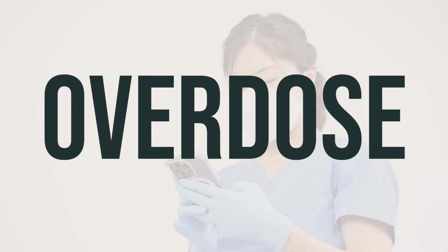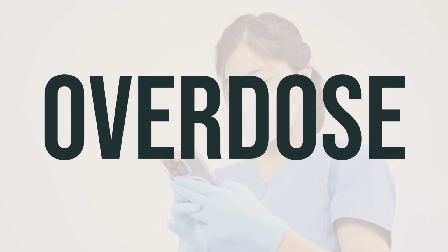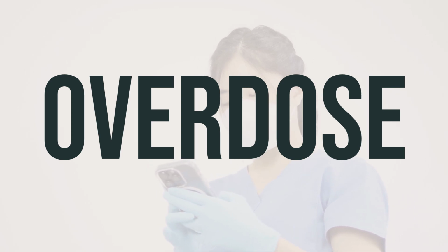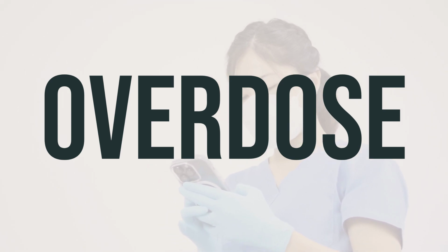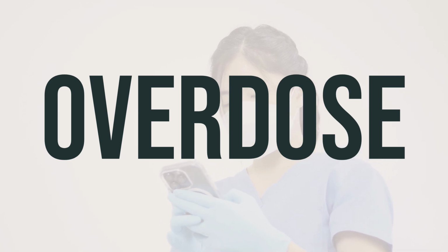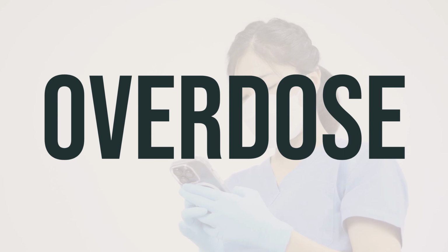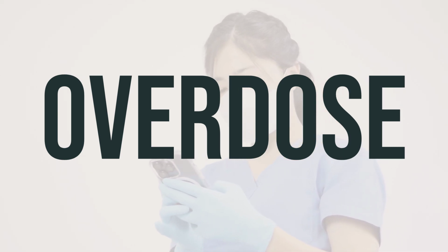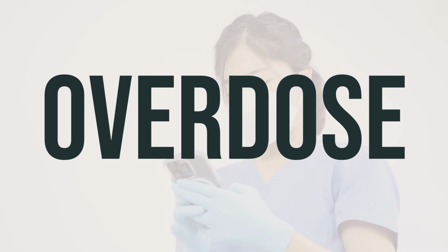If someone has taken too much galantamine HBr and is experiencing severe symptoms like passing out or difficulty breathing, it is important to seek immediate medical help by calling 911 or a poison control center. Symptoms of overdose may include muscle weakness or twitching, severe stomach cramping, slow or shallow breathing, slow, fast, or irregular heartbeat, fainting, and seizures. It's important for both US and Canada residents to know that they can contact their local poison control center